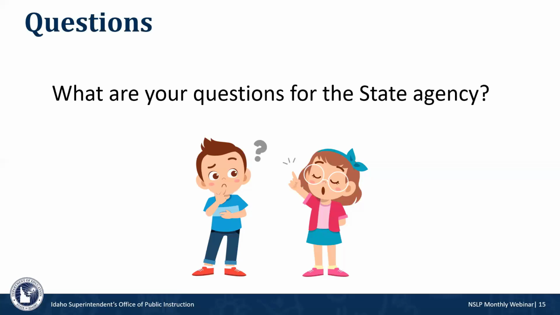Do our direct certification students get PEBT without having an application on file? Absolutely. With direct certification, ideally come July 1st each year, you're running that DC list. So then you know what students get a DC letter, and you're notifying them that there's no need for them to fill out a free and reduced application. So long as your school meets the other eligibility criteria for PEBT, being closed for 5 consecutive school days, then yes, those direct certification students would receive the benefit.